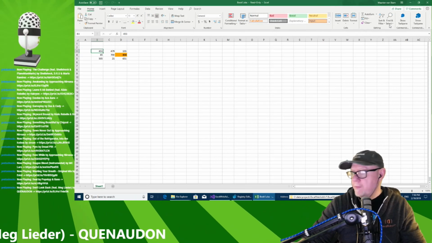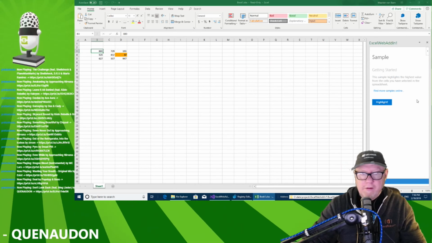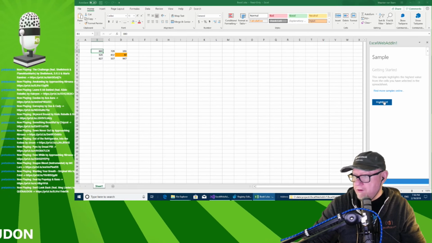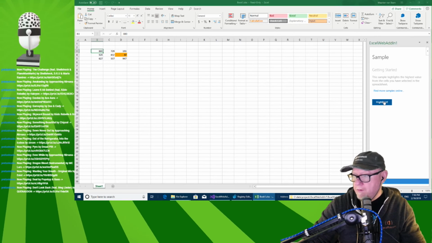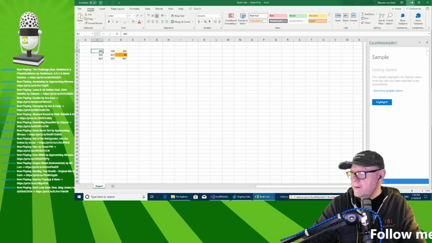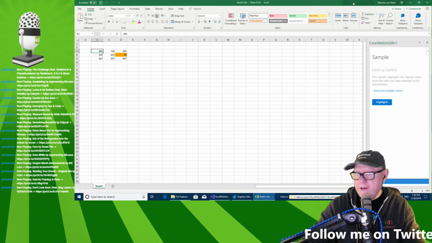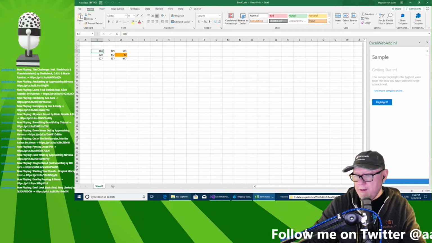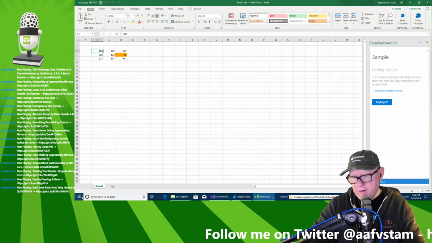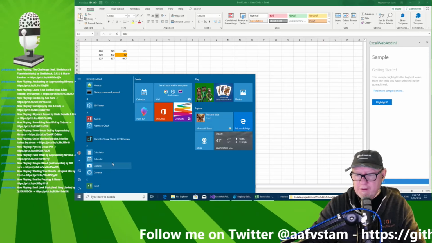Home tab. Task pane. So this actually works better than the certificate on my local machine. So we actually have a working Excel add-in right now. The difference might be that it's the certificate that automatically